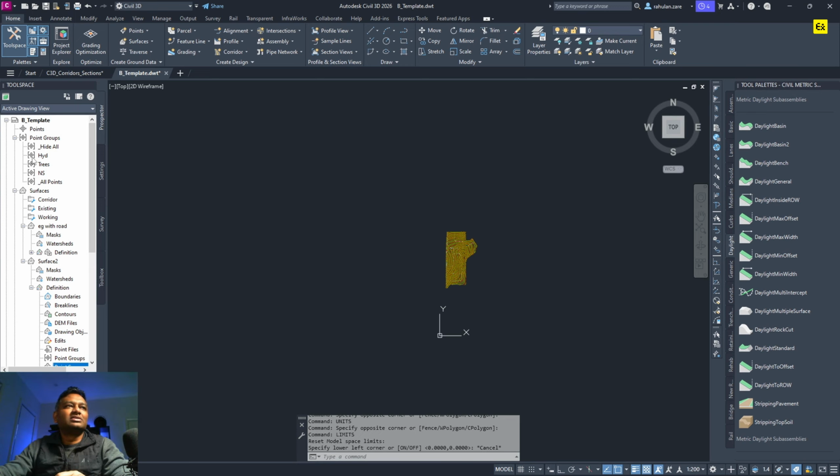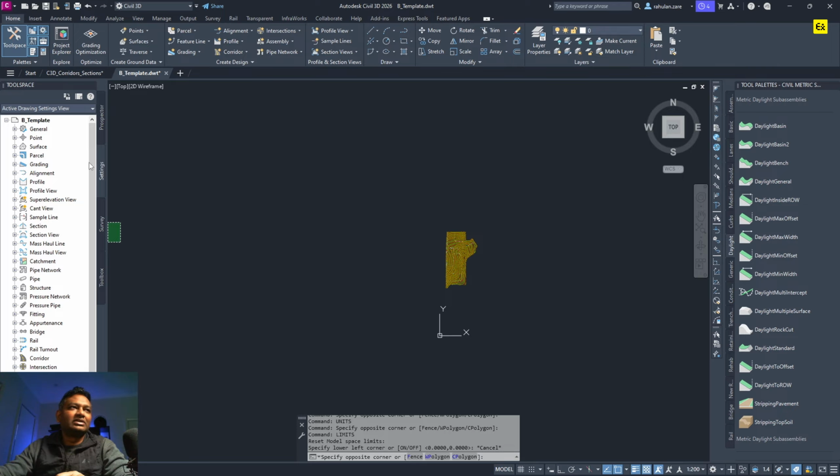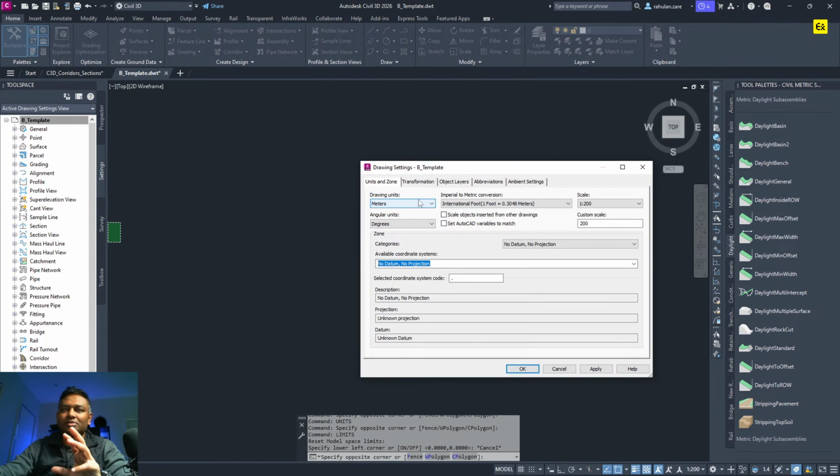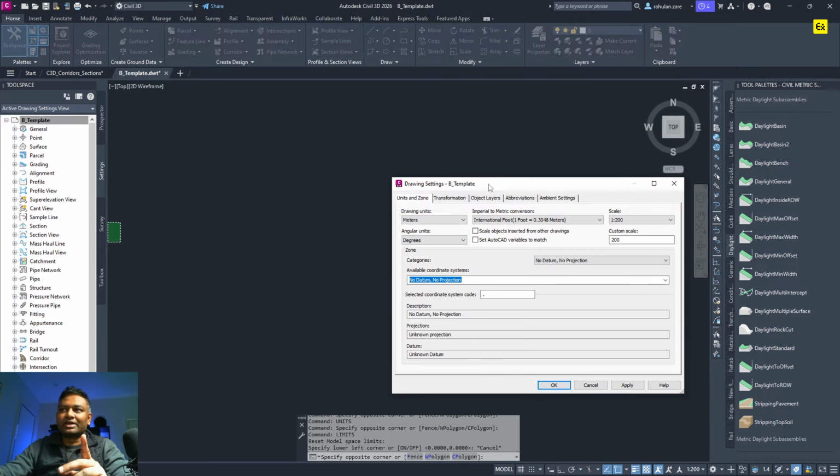Okay. And similarly, you can go to Prospector and go to settings, then right click, and then click on edit drawing settings. Once you are here, some of these options are actually coming from the previous AutoCAD settings that we have configured, such as drawing units and angular units. All of these things are coming from there. And then the imperial to metric conversion. So you can choose which one to use, and the default scale. And you can also choose the